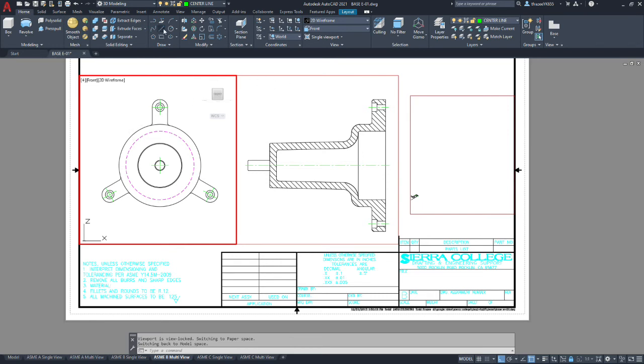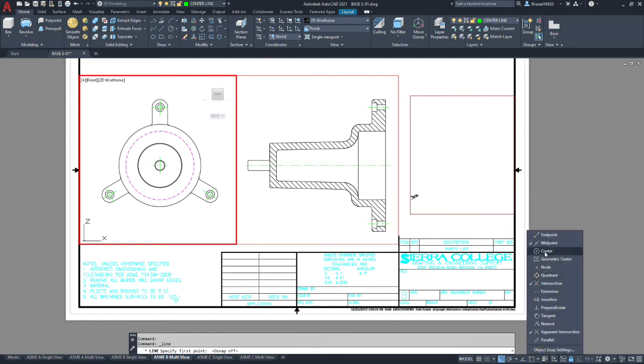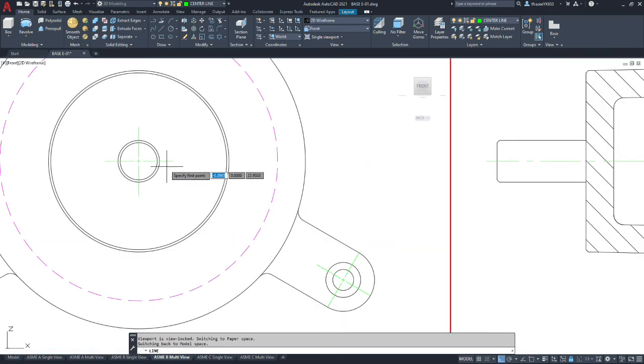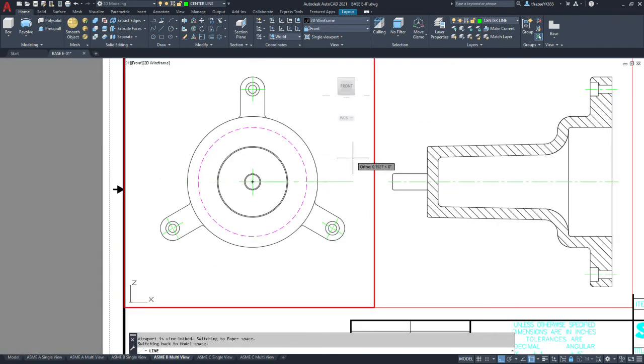Okay, let's draw our center lines for the front view, which I've got to modify my ortho settings to pick up endpoints again. I'm going to pick up the endpoint and drag to the right, one center line, hit escape.